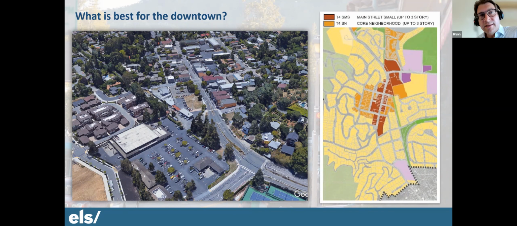Yeah, and I think at the 2 to 3 story density, which is the T4 SMS, the horizontal mixed use, not a vertical mixed use, is really your only option in a scenario like that. So what we're seeing throughout the Bay Area is to get a vertical mixed use to pencil, you're looking at a structure that maximizes the efficiency of 4 or 5 stories of wood frame over the retail.